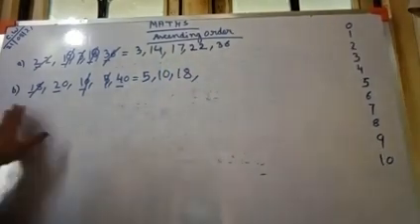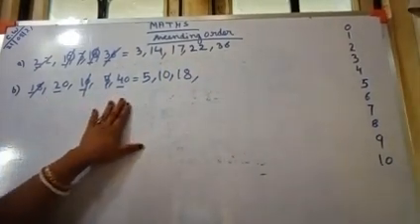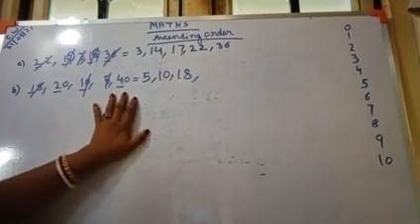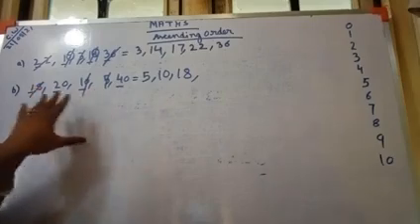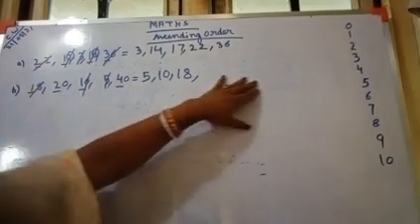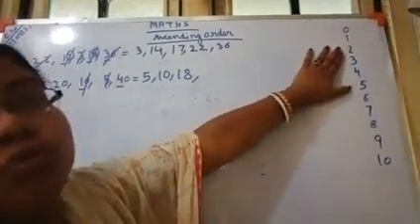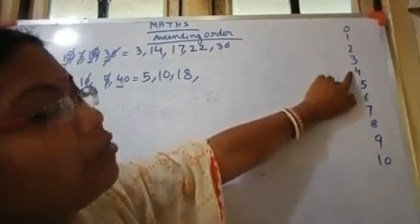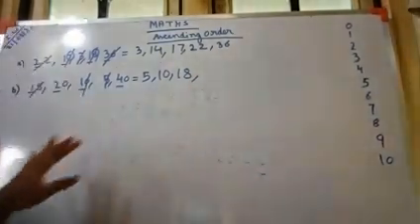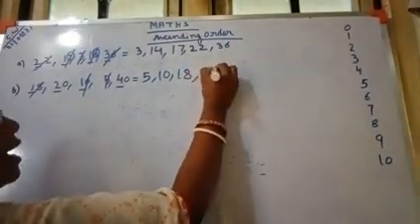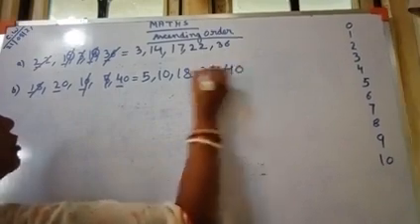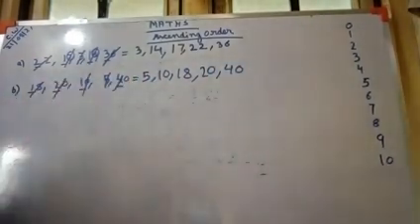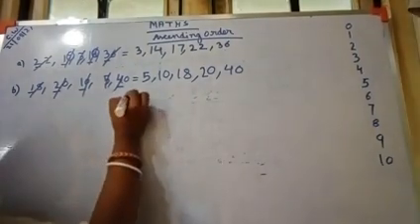After that, the numbers left are 2, 0, 20 and 4, 0, 40. 2 and 4: 2 is the smaller one and 4 is the bigger one. I am saying when you see the tens place number, when we are counting the numbers, 1, 2, 2 will come first, then comes 4. So 2 is naturally the smaller one and 4 is the bigger one. So 20 will come next and after that 40. I am cutting late, but when you are doing it, you will cut and write the number.